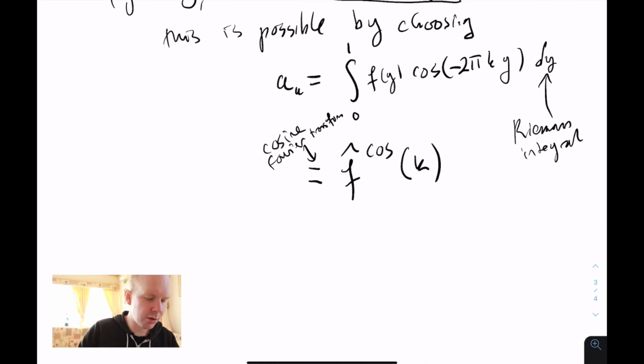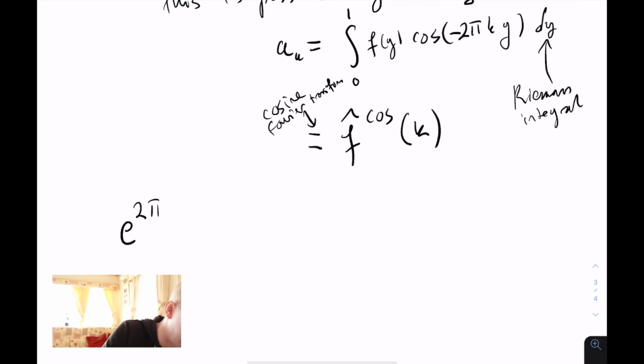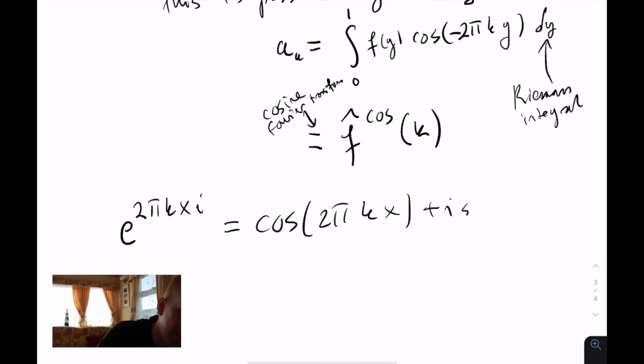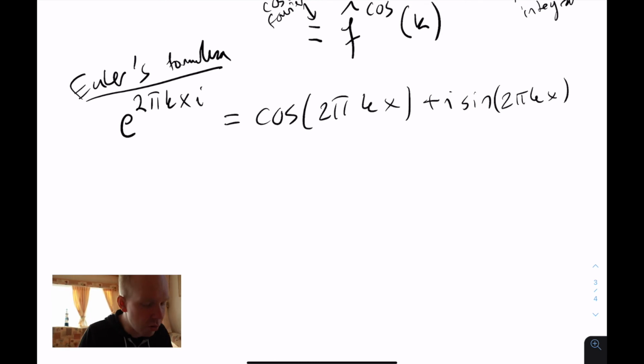And that's why typically you use, first of all, Euler's formula, e to the 2 pi i k x, which is cosine 2 pi k x plus i sine 2 pi k x. And then you hope that it is possible to write the function in something called